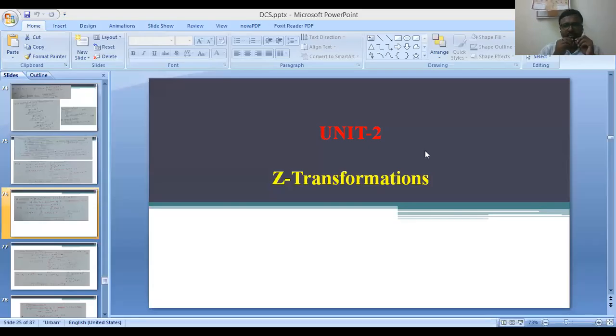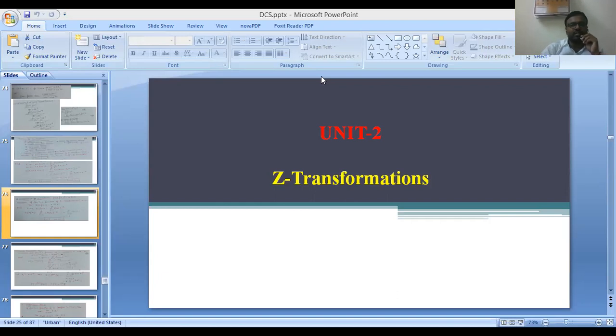We are in the middle of second year, that is Z transformation. In the previous class we have completed the inverse Z transformations. That means three different inverse Z transformations we considered: one is partial fraction method, power series method or long division method, and residual method. Three different methods we have discussed and we have done plenty of problems based upon these three methods.